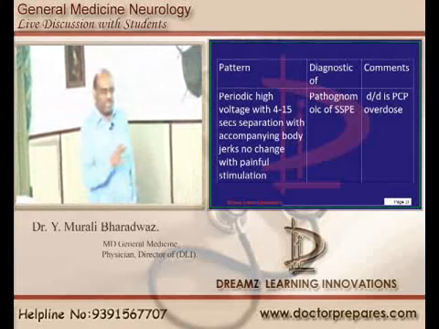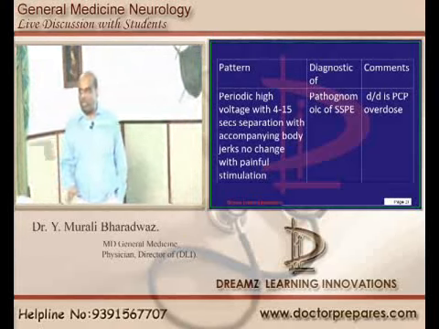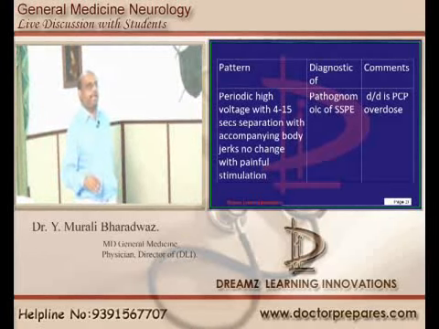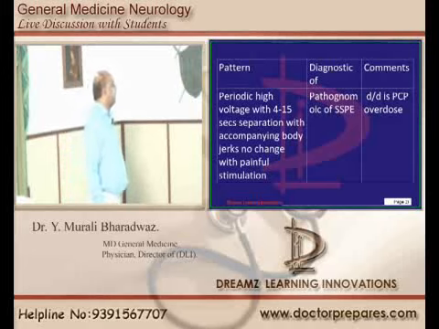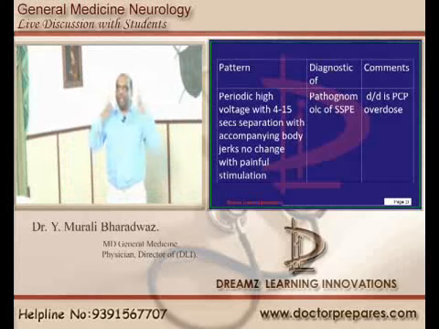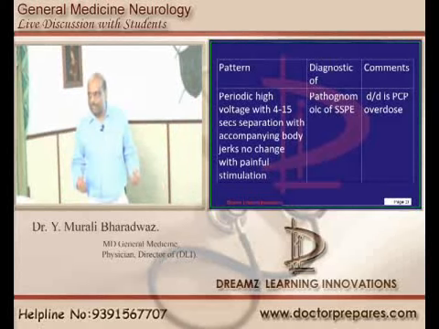Then those who had measles at a later point of their life will develop a sclerosing panencephalitis. There is a sclerosis throughout the brain and it is subacute, not acute, but it is a late complication. Today if measles comes, the next day it will not come, it comes after some days. So how do you identify that? Typically due to this panencephalitis which is sclerosing, they develop myoclonic jerks.